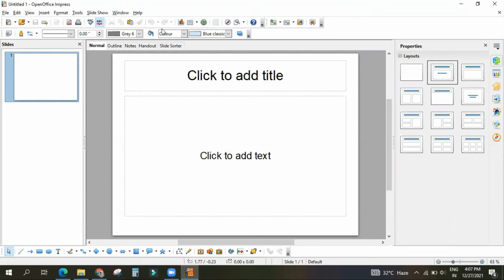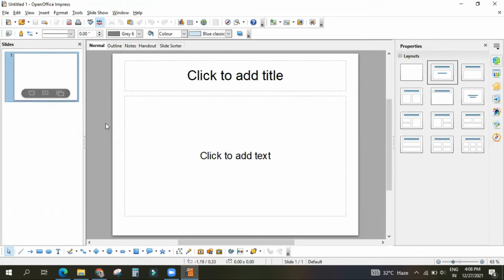Standard bar, just like your spreadsheet. What is this? Formatting bar. Yes or no? Title bar, menu bar, standard bar, format bar. Understood? Yes sir. Okay.